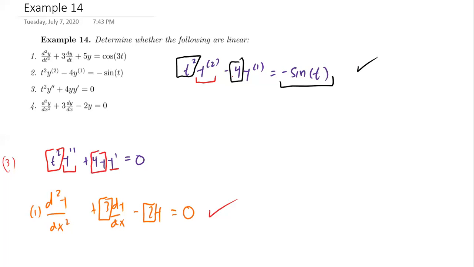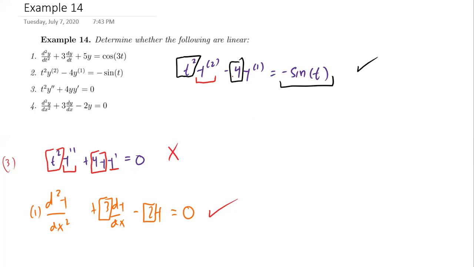Now this is a problem because now the coefficient has y's in it. It has a dependent variable in it. As soon as you see that, the differential equation is not linear. It's basically as simple as that. It's a little bit of work because you have to check each term, but eventually you're going to get very good at it and just see something and be able to tell, okay, this is linear and this is not